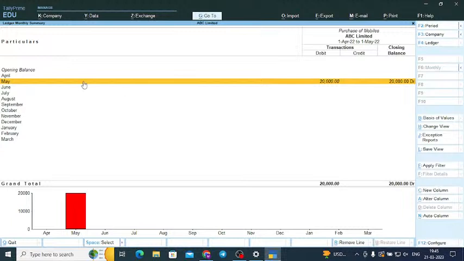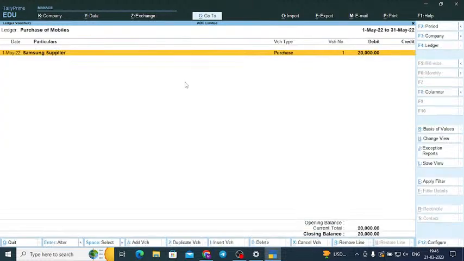So then I want to go inside it. What do I do? I have to double click this hand symbol. Double click is how you go into the particular ledger. This option is called what? Drill down. Type DD in your chat box. Drill down. Drill down feature. So if you press the drill down, what happens? I go to the